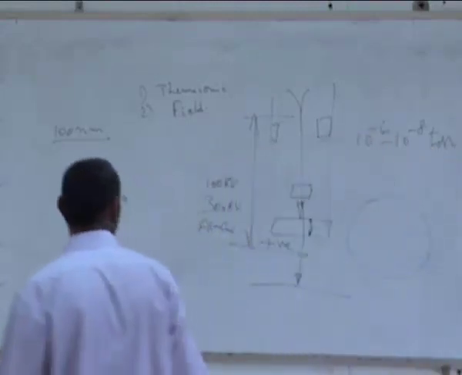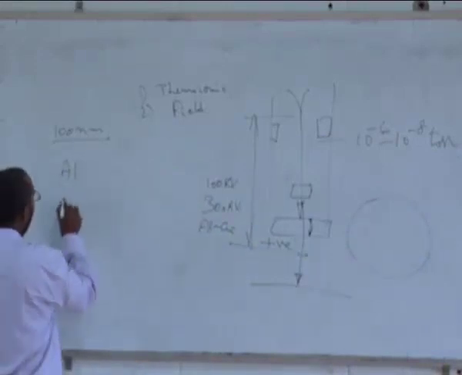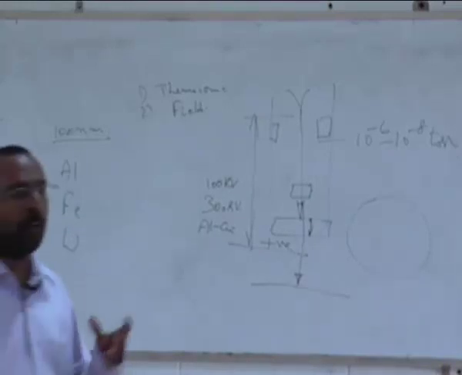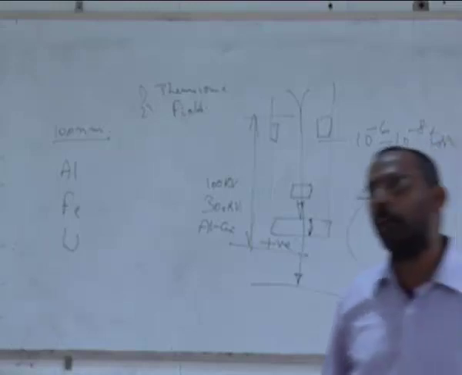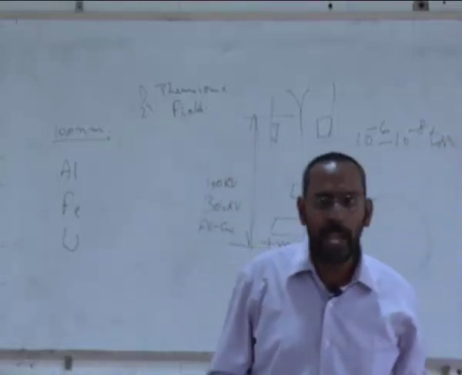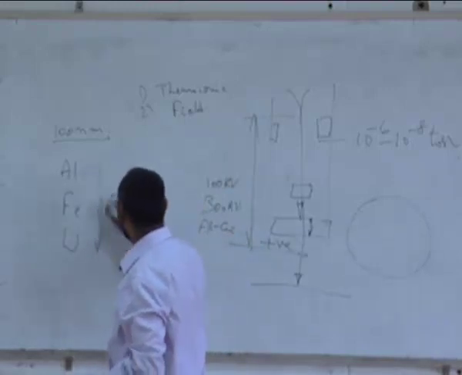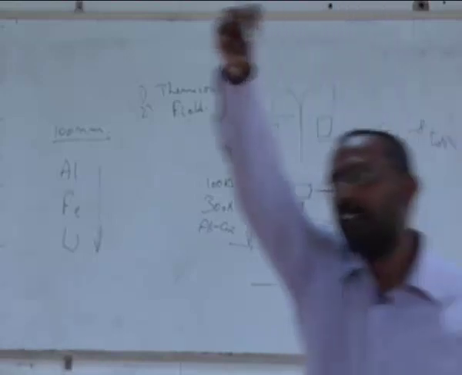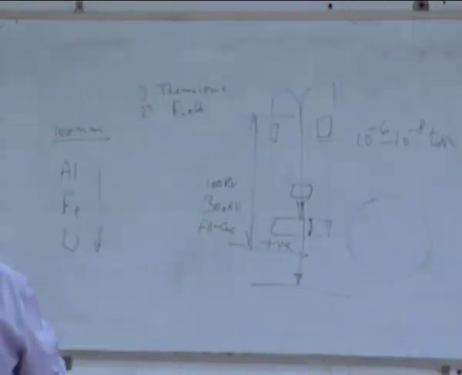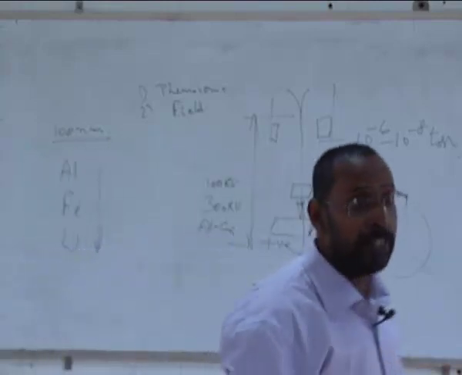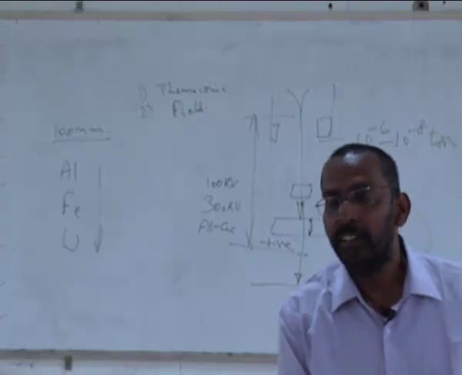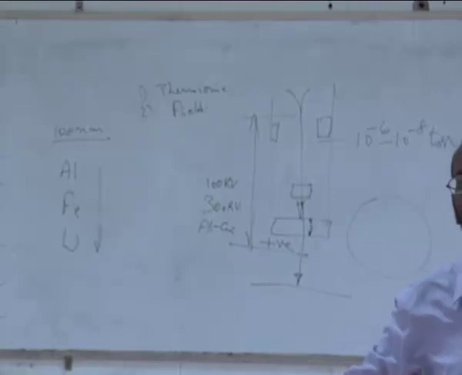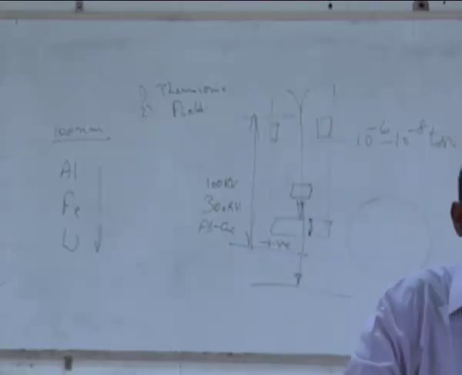For example, if I have to see either an aluminum sample or an iron sample or a tungsten sample, the thickness that I can allow for the sample to be observed by the electron beam is going to be different. Why? Because as you can see, what is the difference between all three of them? Anybody who can tell me? Anything more? Yes. Number of electrons. Atomic number is different. Right? The atomic number of the three of them is different. Of course, all the others what you have said is also correct. But in this particular context, all of them do not matter for us. It is only the number of electrons that matter.